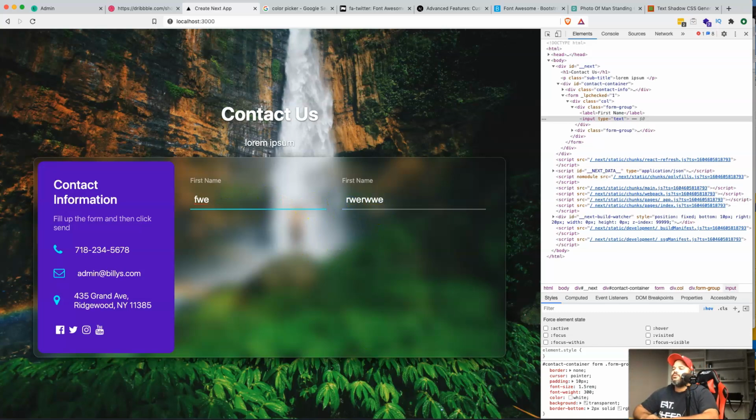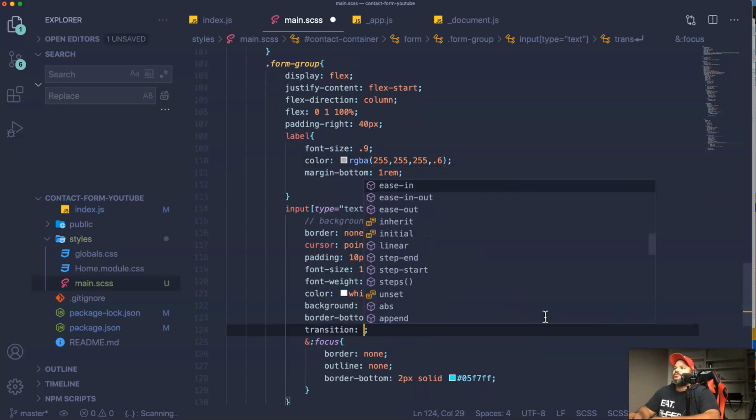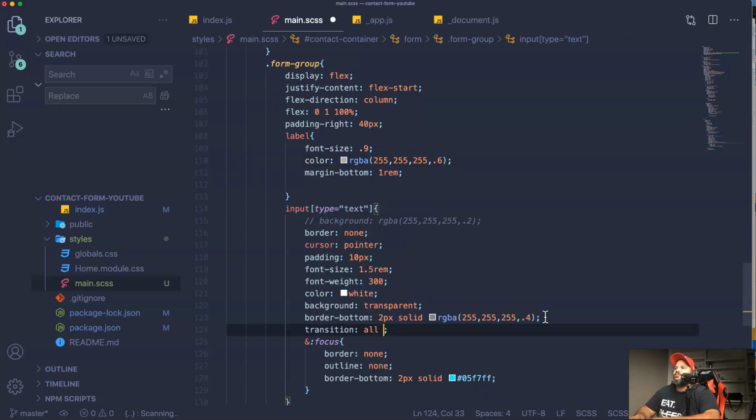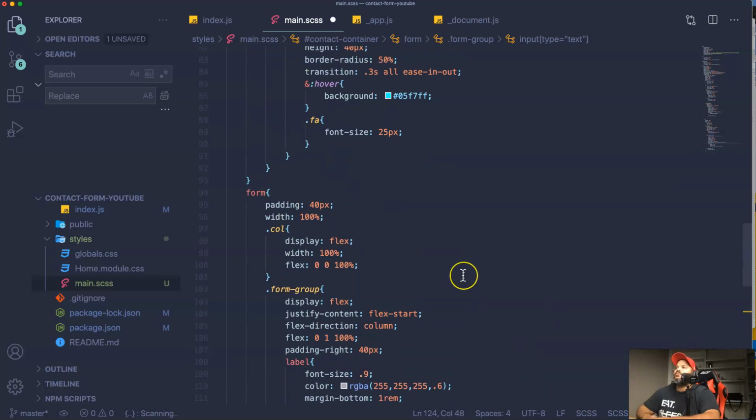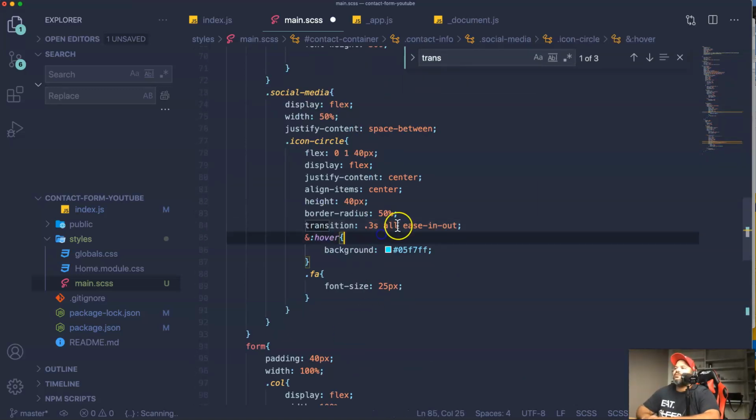Let me see. Can we do a transition on this? Let's see. Transition all 0.3 seconds. Ease in and out. Let me see. How did I do the other one? I think I did that backwards. I think it's here like that, and then